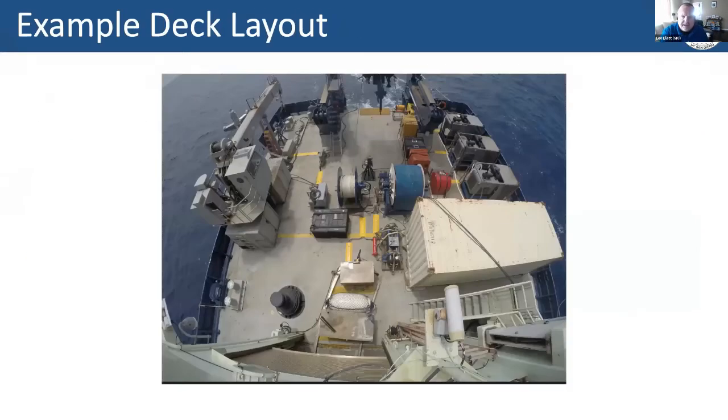Here's an example setup on the Atlantis. We had a similar setup on the Thompson. More recently, this one was a setup where we were doing two different streamer configurations. You can see the gray machinery off to the right. Those are rental compressors. So we don't own any compressors.